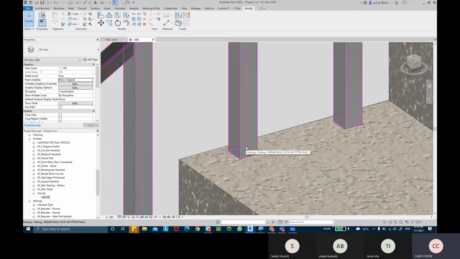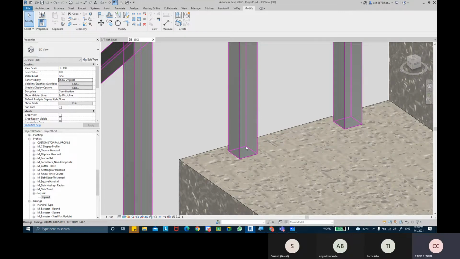Okay, now main pattern balusters can be of two types. One, it can be a shape type, or the second, it can be a glass baluster basically. So you can have two patterns of main balusters: one a shape, and the other a glass panel. And we can create our own pattern shape also, and we can load the families as well. Now the system has given me a shape. This shape is like a square. Okay, we can change the shape.